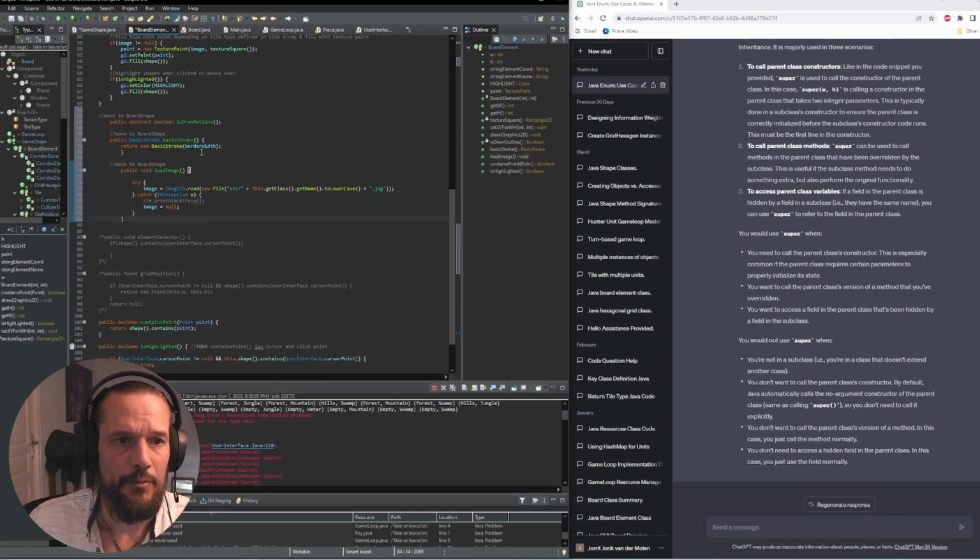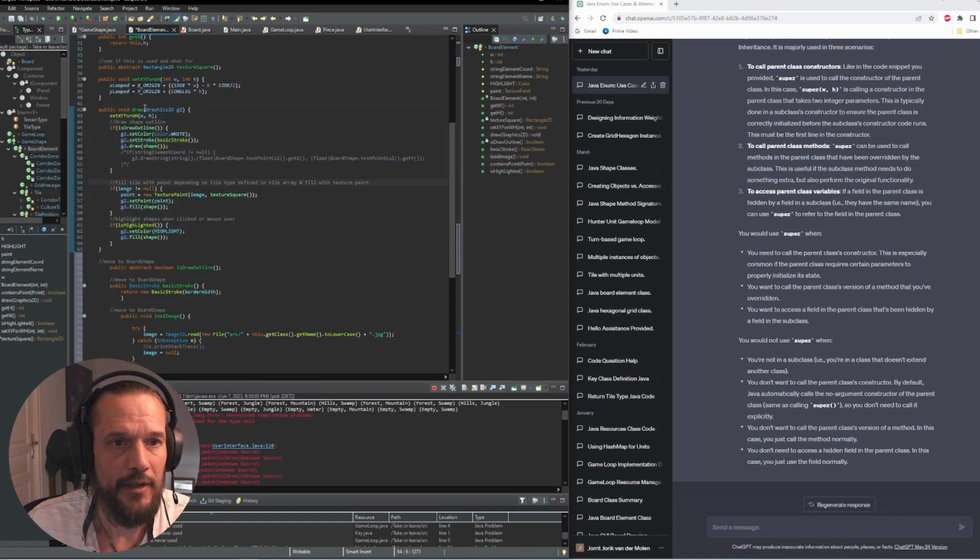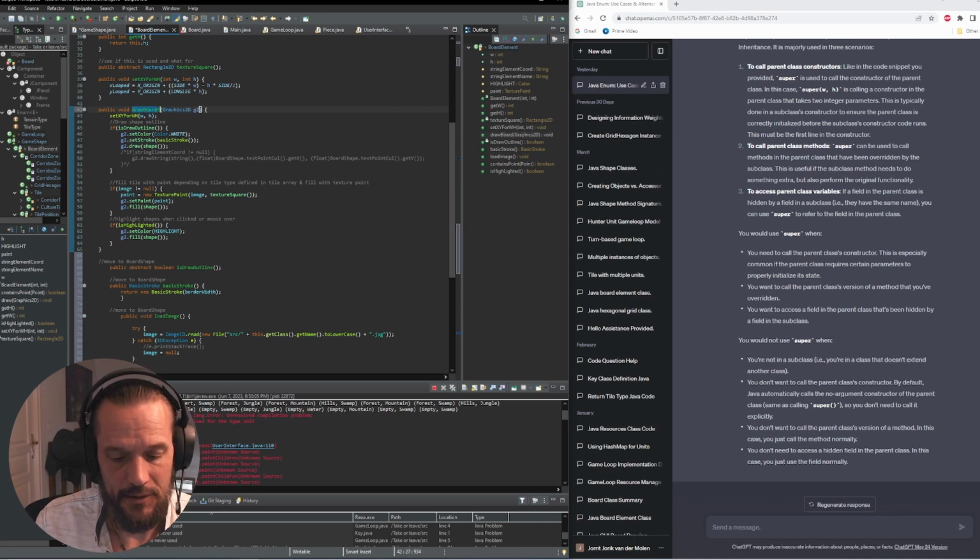So I'll just make that a double then in the piece stuff, and then this will be called draw board element,